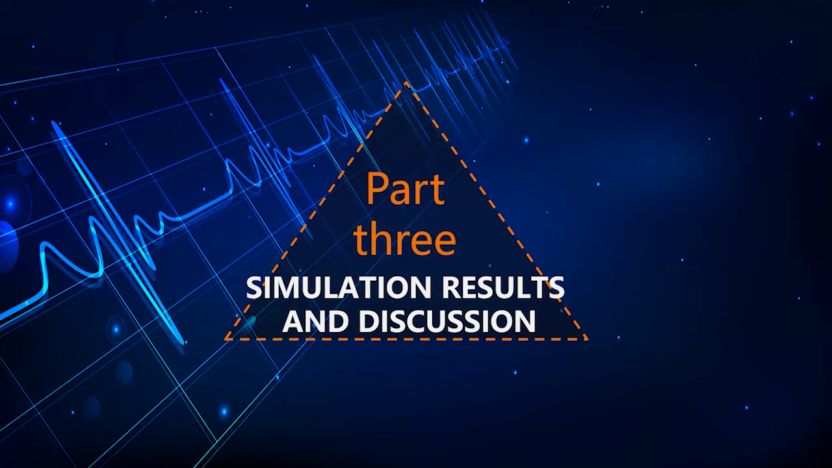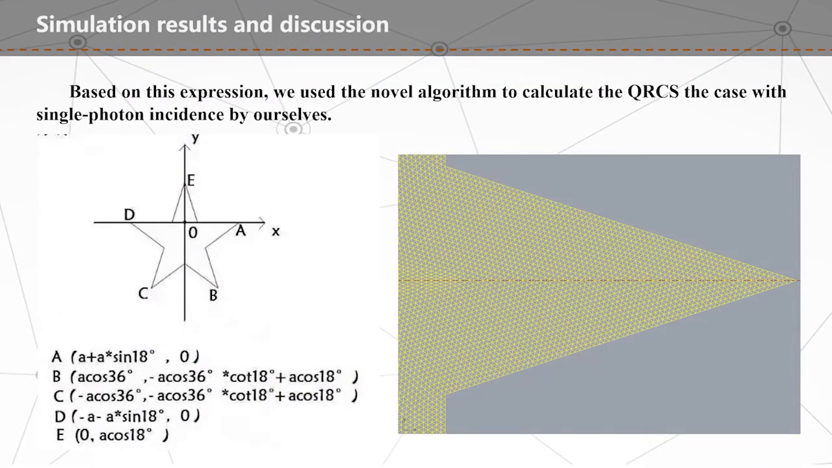Let's get to part 3, simulation results and discussion. Based on the equations introduced before, we use the normal algorithm to calculate the QRCS case with a single photon incidence by ourselves. We should note that the single photon incidence scenario is the normal one. From the picture on the left of the slide, we can see the geometry of the 5-point star with the detailed geometry information,